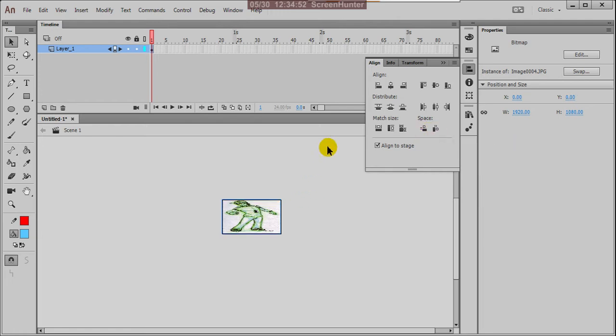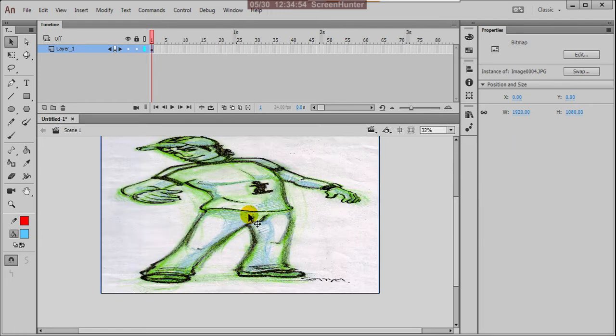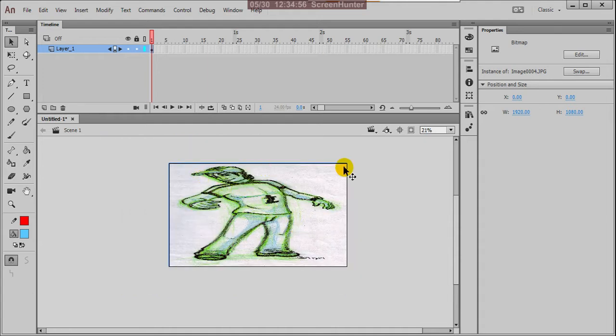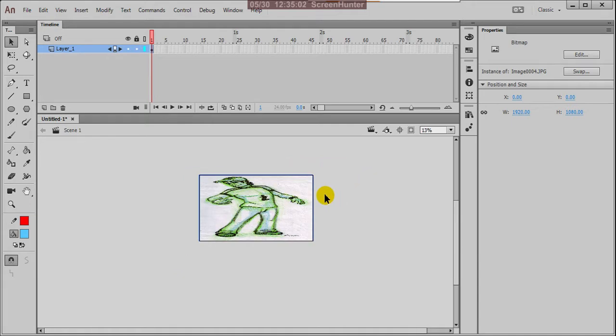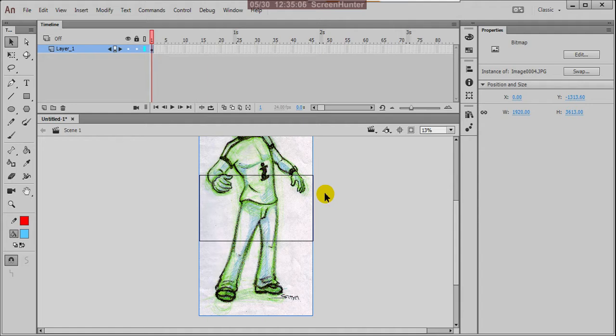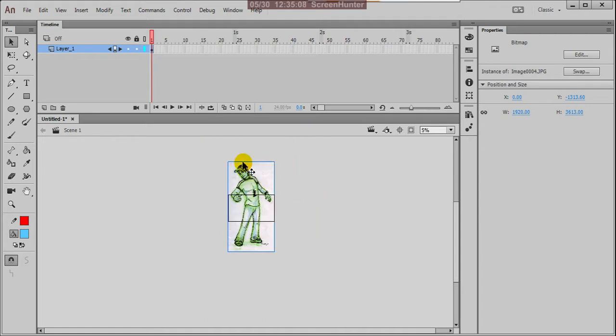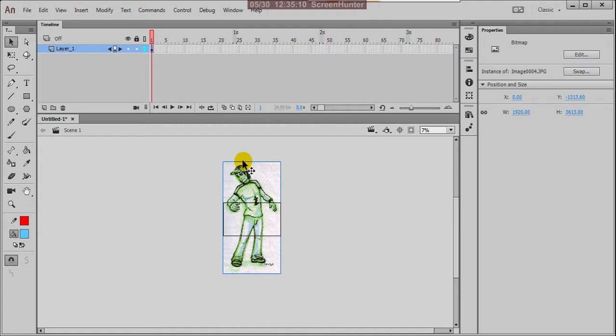But when you use the fit to stage option, it is fit to the stage but it is stretched. In that case you can manually reduce the size. How do we reduce the size? By pressing the free transform tool.